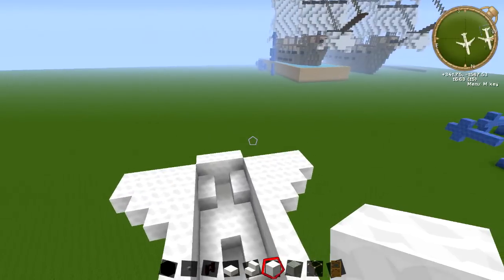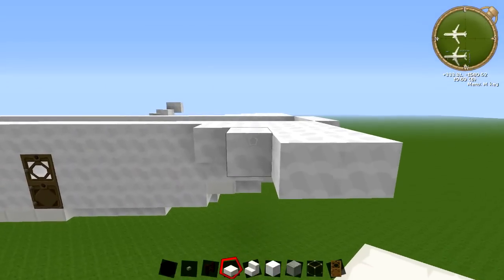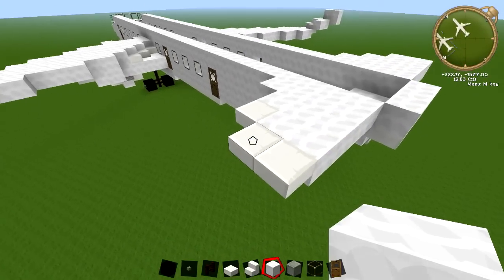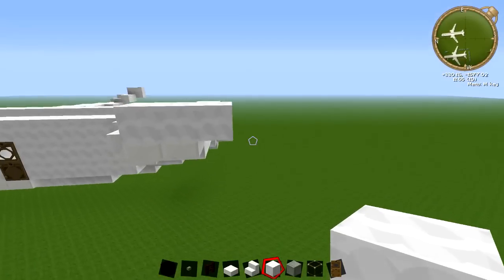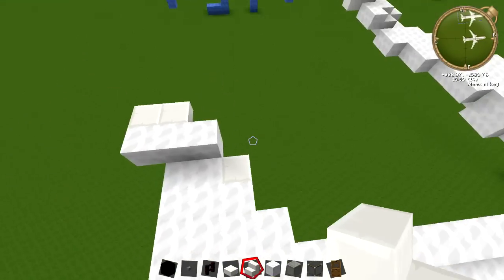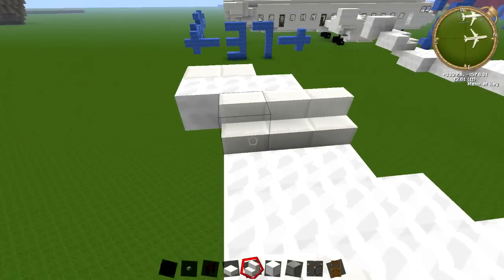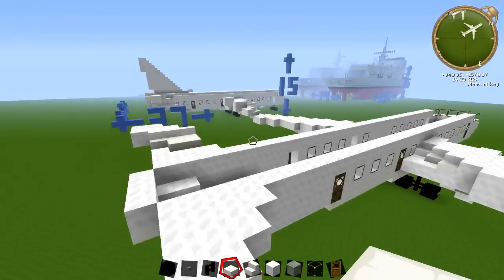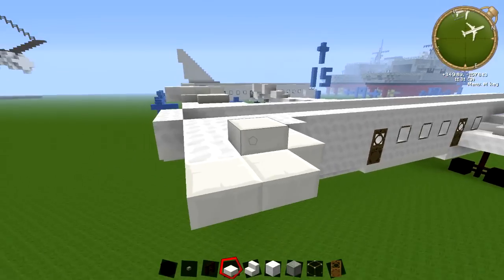Now we're just going to do the raised bits. So you're just going to add a couple of slabs. You've got a slab here, and 2 here. And then you've got 3 blocks here. You've got 1, 2, and then the 3rd one comes backwards. And this part just has 2 slabs on the side like that. And then here we've got 3 stairs, 1, 2, 3, and then you've got 2 slabs just on the forward part here. Now we'll do it on the other side, so you've got a slab here, and 2 like this,